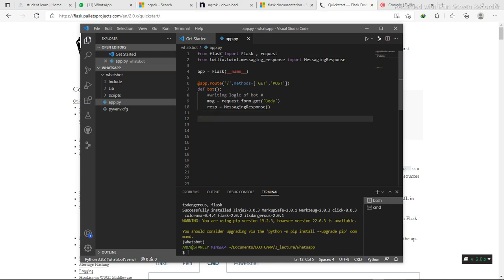So we're going to say if msg, so if the message that you actually receive from the user, that's what you are saying. Remember, we've actually passed it here. msg is equal to request.form.getBody. So if the message that we receive from the user is equal to, we use a double equal sign, equal to hi,